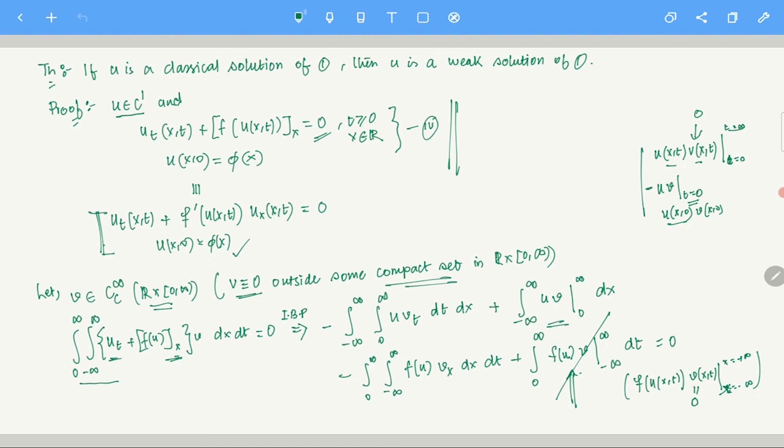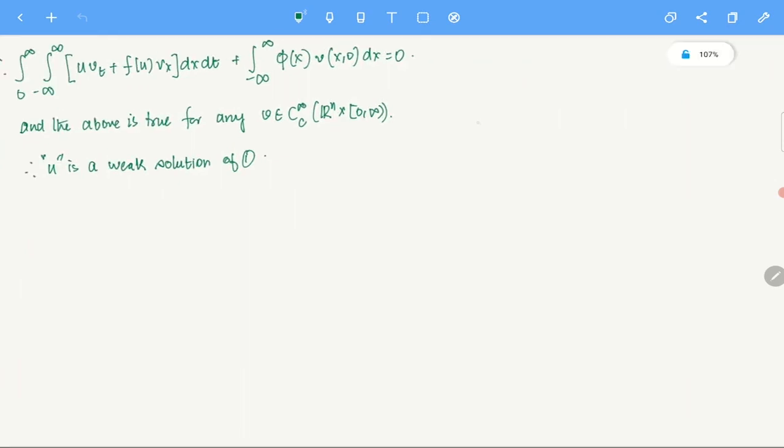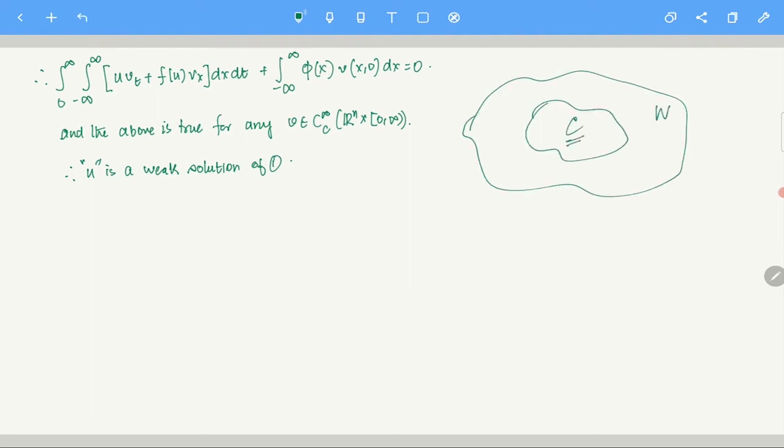The second definition, the weak definition, does not talk about derivatives. It talks about integrals. The special thing about integrals is you do not always need a continuous function or a C1 function, so you only need, sorry, not closed and bounded, but summable and bounded, to define it. That is the special thing about a weak solution. So this is a much bigger class of functions. Why bigger? Because we have seen that any classical solution is a weak solution. So that is why it is in a much bigger space. Okay, so let us end it here.